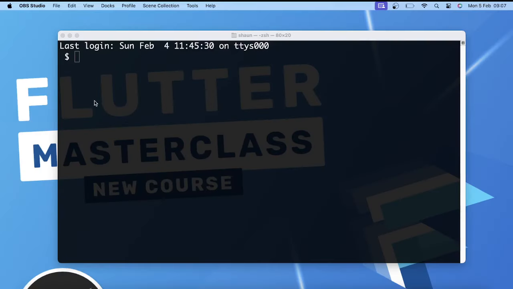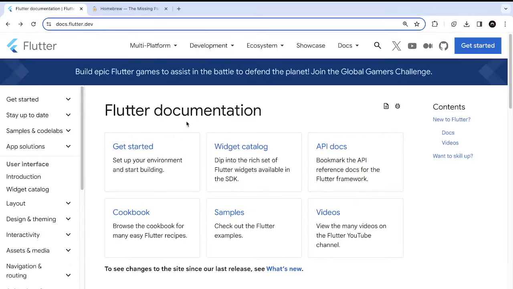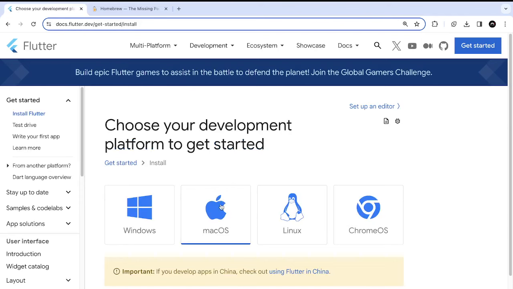Alright then my friends, so in this lesson I'm going to show you how to install Flutter on a Mac. If you're not working on a Mac and you want to install Flutter on Windows, make sure you check out the previous video where I show you how to do that instead. Anyway, on the Flutter docs, we want to click on Get Started, and this time we want to choose Mac